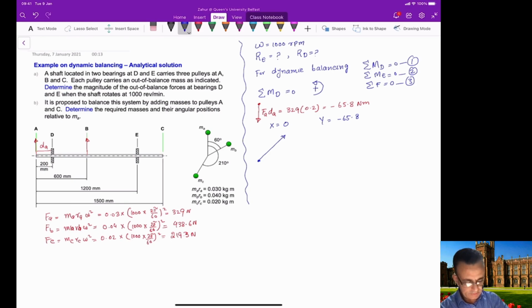So this is our FB and DB. So FB, as you can see, is acting here, and the distance from here to here is 600. But we are taking moments from D, so you will just multiply with this distance here from here to here, which is 0.4. And FB is 438.6